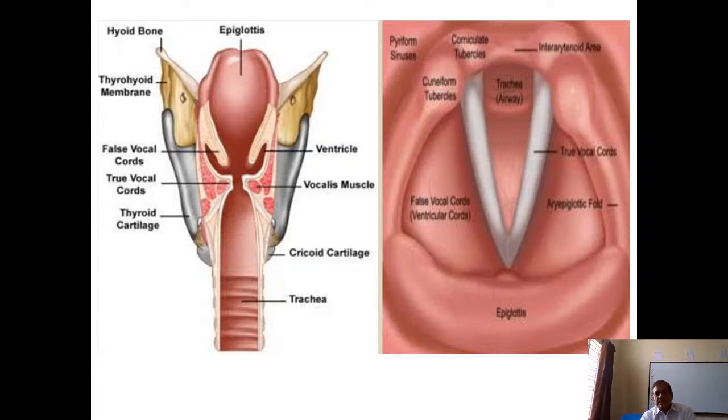These three levels become active when saliva, liquid or food tries to go into the larynx, and that is the main function. Apart from this, there are other functions like phonation. The basic voice is produced in the